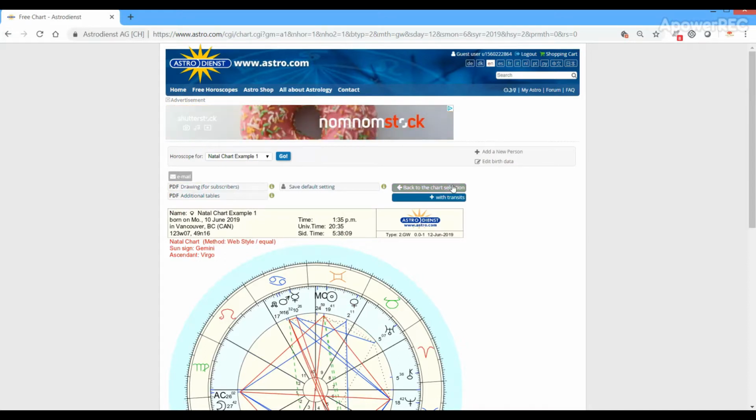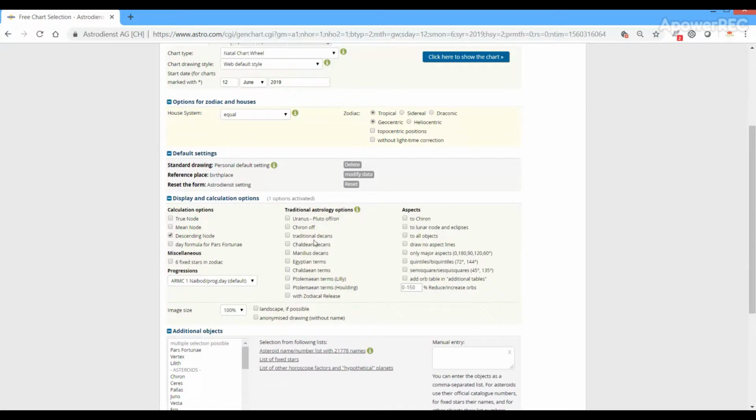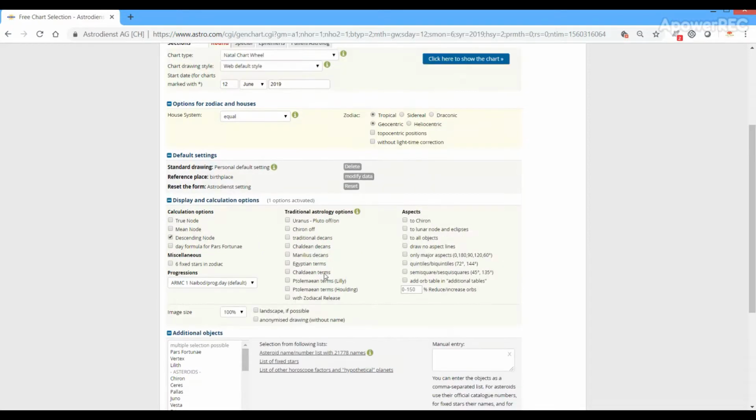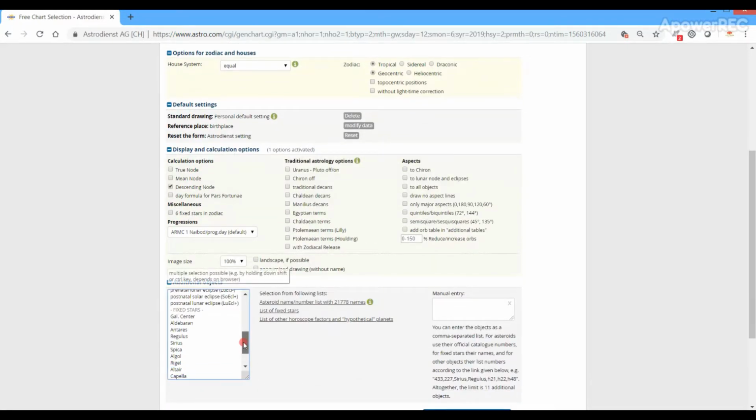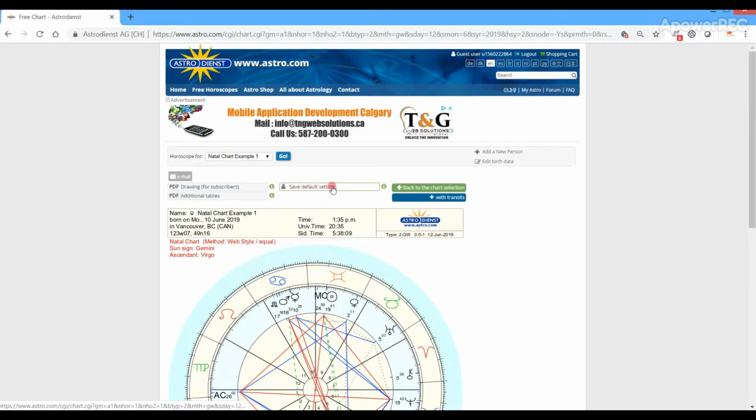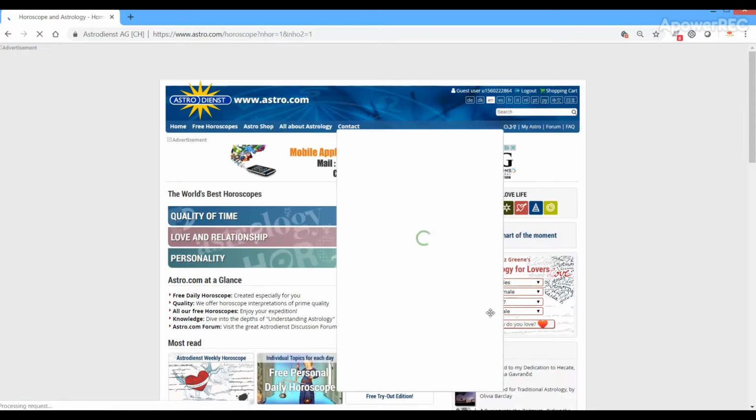If you need any other element, like for example descending node or whatever you might need here, if you work with fixed stars, you can add some fixed stars and asteroids here. With all that, you still need to click to show the chart and then save default settings. Okay, so now in this case, if I go home